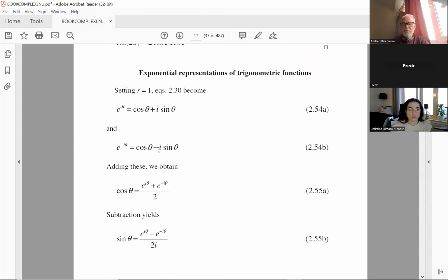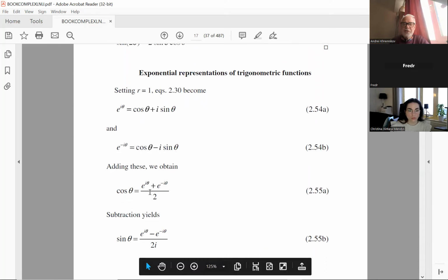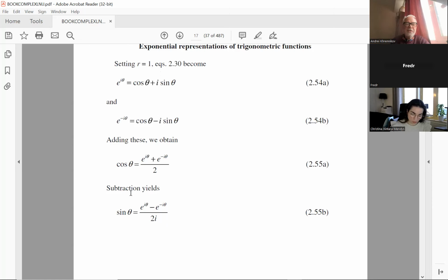Now these are two systems of two equations: one for cosine, and we find cosine; and one for sine, and we find sine. These formulas you also should remember, because otherwise it's difficult to work. So cosine, this is the usual theta. There is no complex analysis here. Your usual cosine that you know from school can be represented in this complex form as the sum of two complex exponents divided by 2.